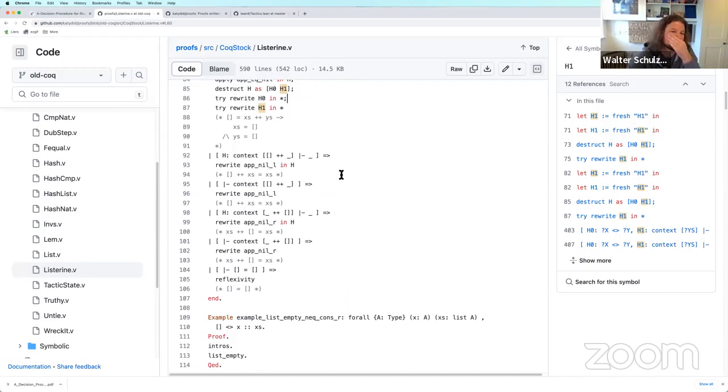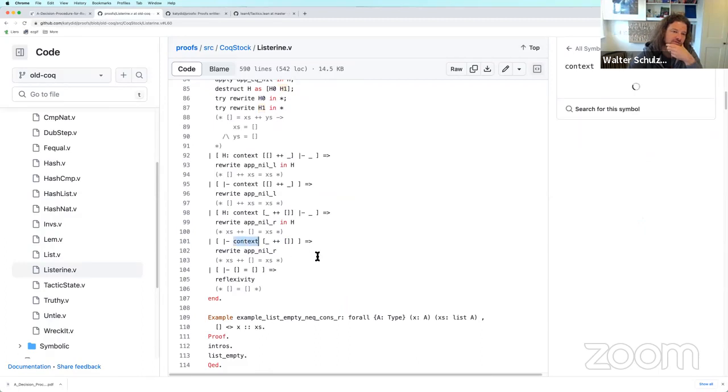Okay. So here we have a few things. It looks through the hypotheses and the goal. It tries to find this pattern where we're trying to append the empty list to something, and then it rewrites based on that, just to get rid of the empty list on the left and the right side.